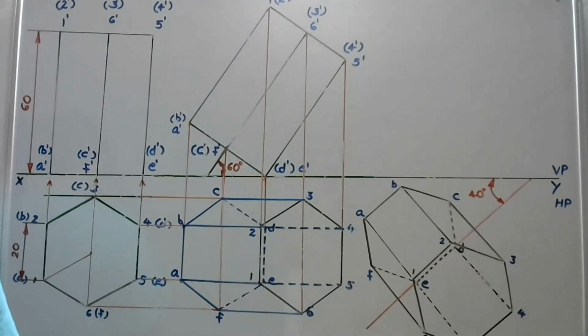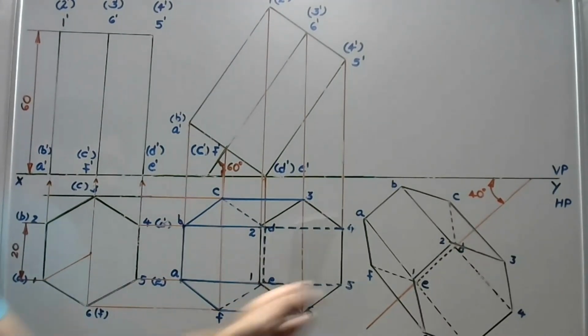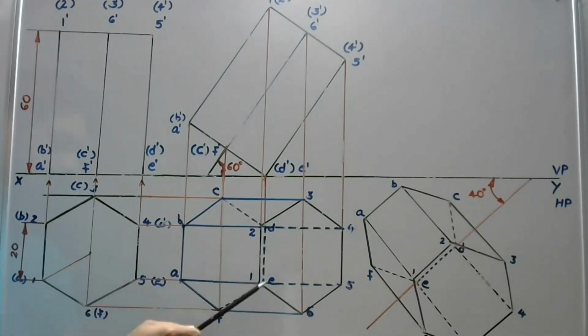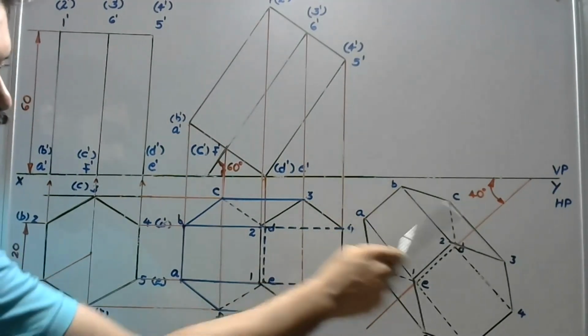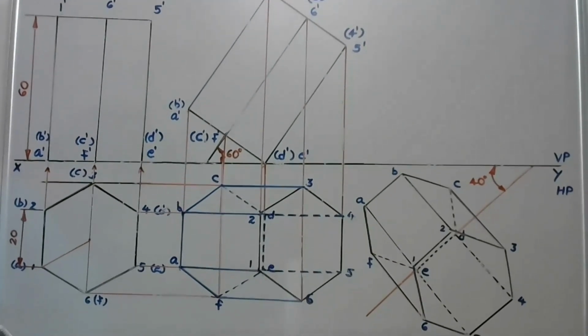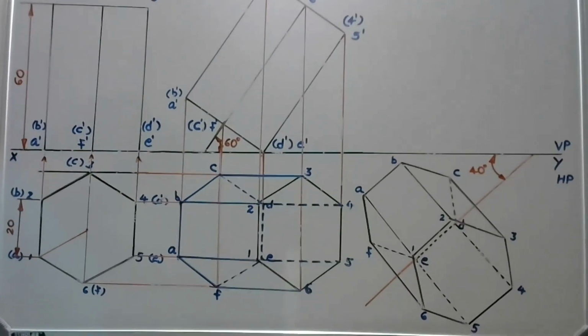In applying the condition of 40-degree inclination with VP, the base edge DE, when we are recreating the second top view on that line, the figure will appear like this. Simply copy the values BC, CD, EF, AB using a compass or divider. On the reference line, which is drawn at 40 degree, you will get this figure, which is turned at 40 degree, such that the base edge DE is resting.